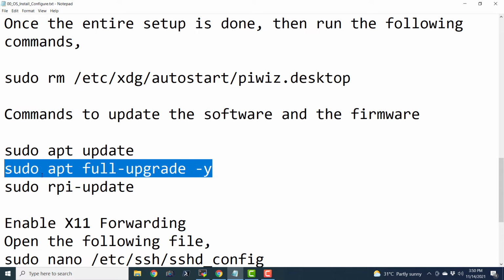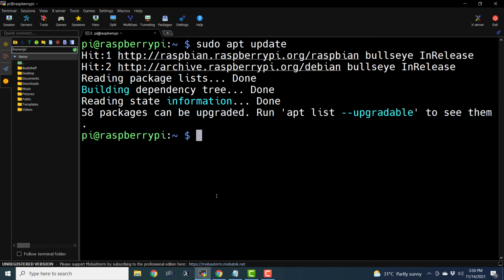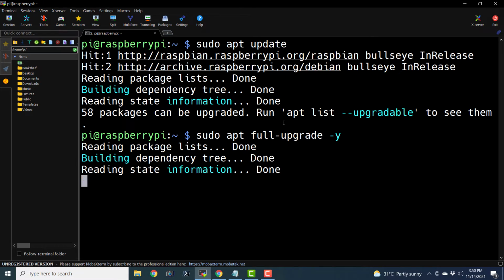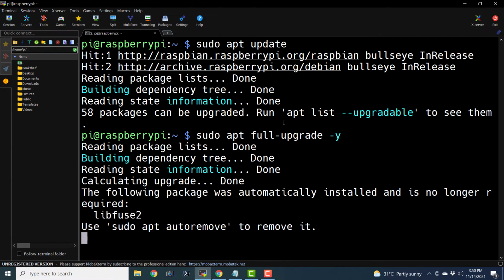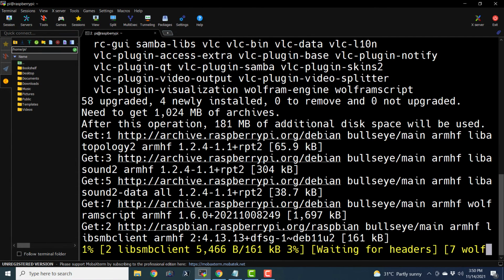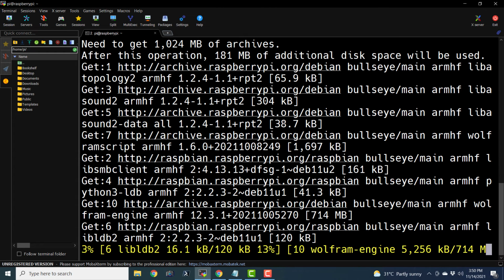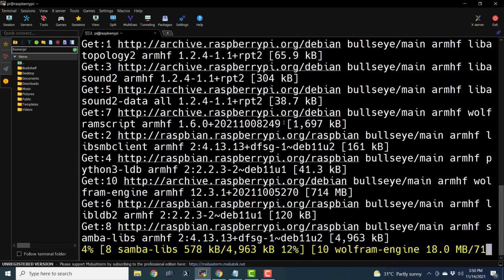which have the packages. Now we are going to perform a full upgrade of our operating system, and it should not take much because we have already installed the Raspberry Pi full OS. So it will not actually download and install a lot of utilities. Let's go ahead and perform a full upgrade. It is going to ask us how many archives are going to be downloaded. The size was only 1 MB, so it will download in some time.